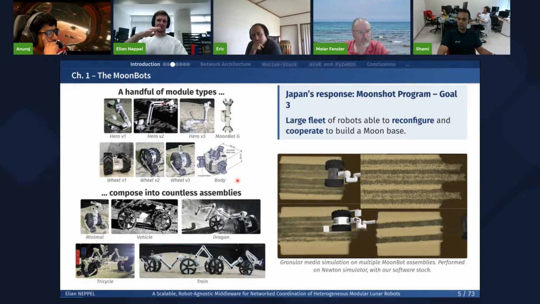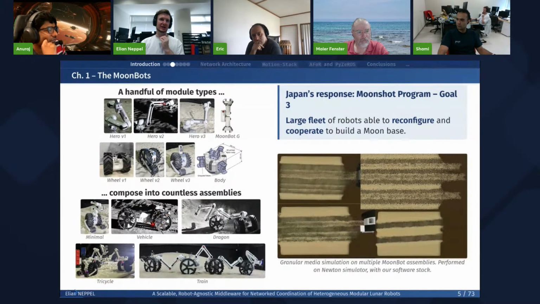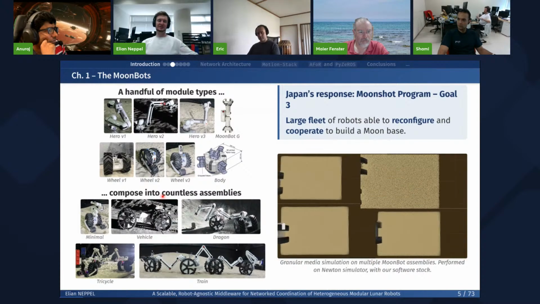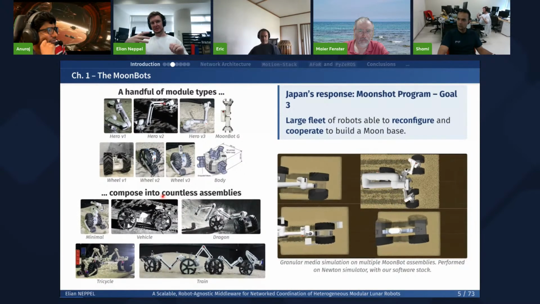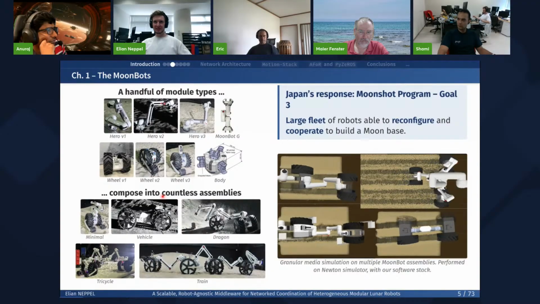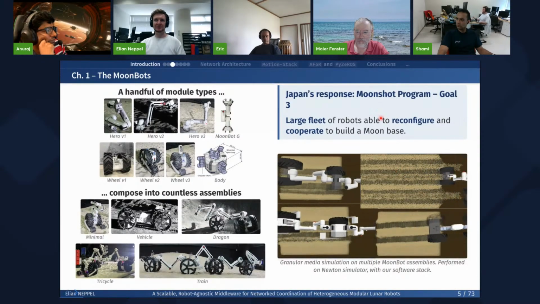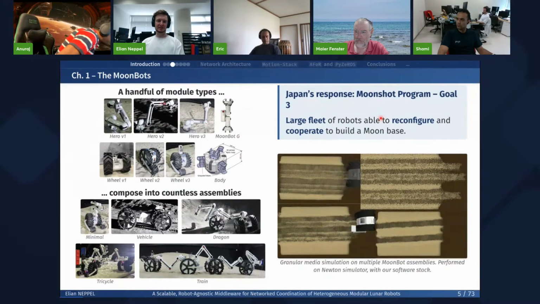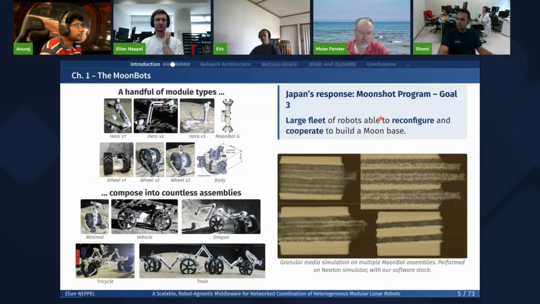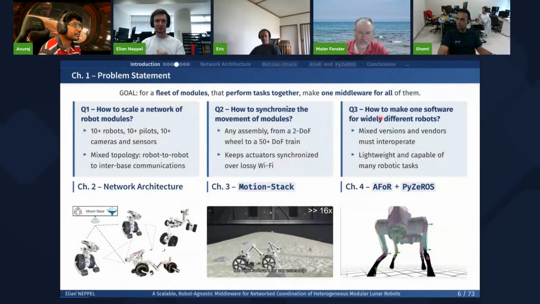We can assemble all of those modules into multiple assemblies. You can see, for example, the vehicle here, that is pretty simple to understand. We simply have 2 wheels and 1 moonbot arm in between the wheels, and this creates some kind of rover. As I said before, we can create many different assemblies, and you can see right here that depending on the assembly, the response of the terrain and the sand is different. And so this is why we are switching to this kind of modular robots.